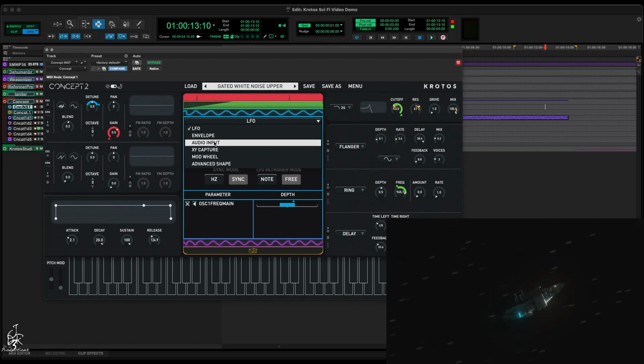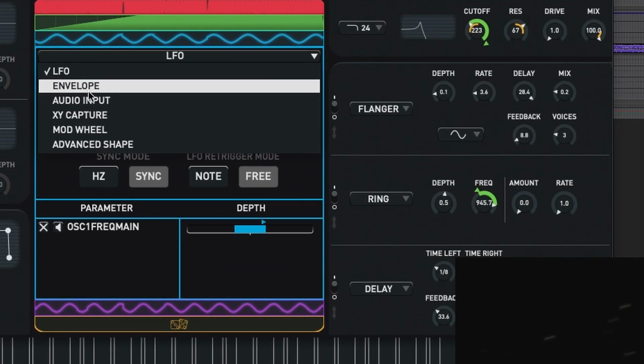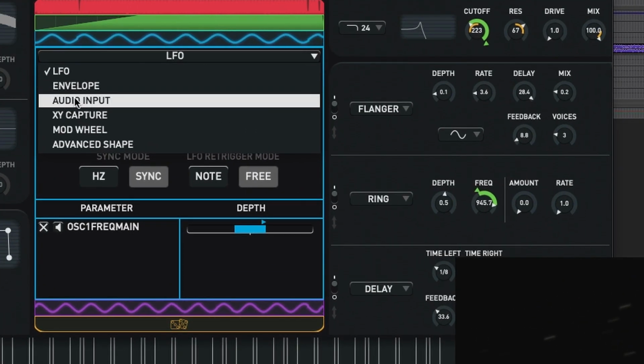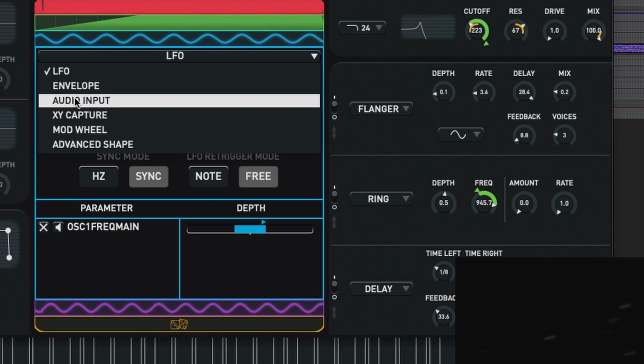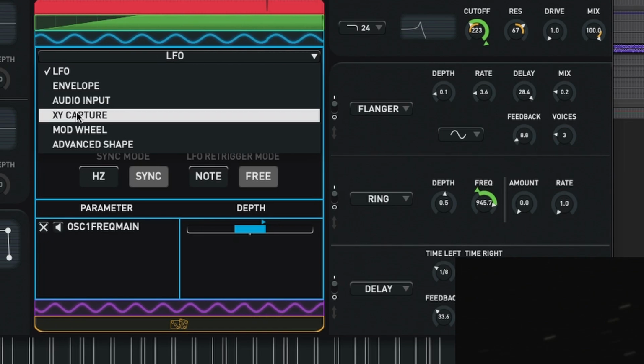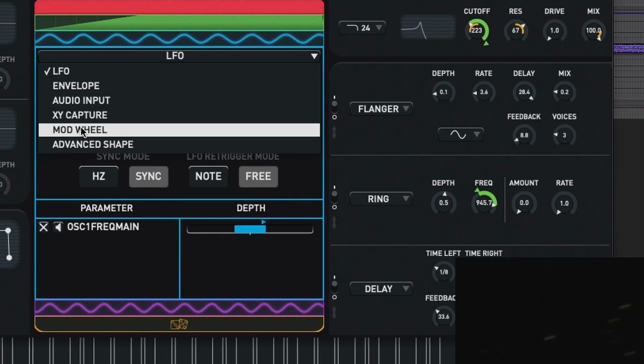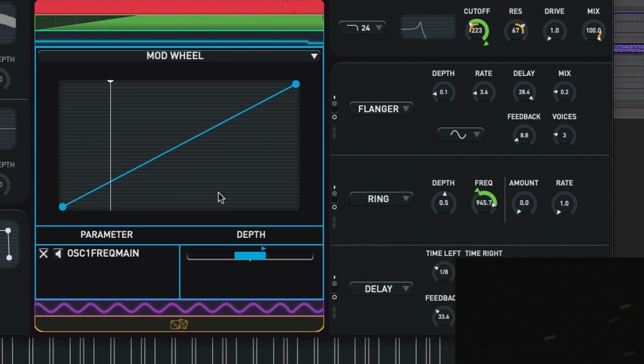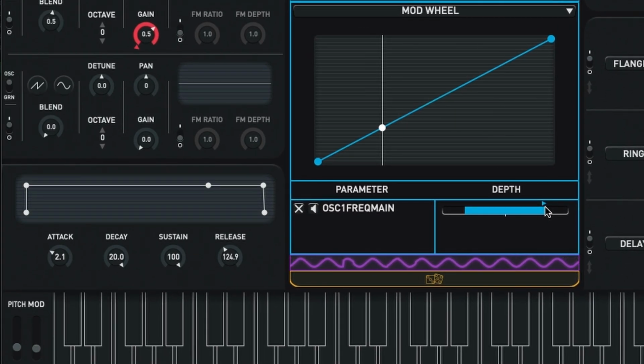Instead of just being an LFO, we can set it to a couple of different things. We can have it follow an envelope. We can have it with an audio input, meaning just like Reformer, I could perform it with vocals from my mic or some other audio source. We could do an XY capture where we do moves with the XY and it plays those back, kind of like automation. Or we could control with the mod wheel on our MIDI controller, which is what I'm going to do in this case, so that when I move my mod wheel,